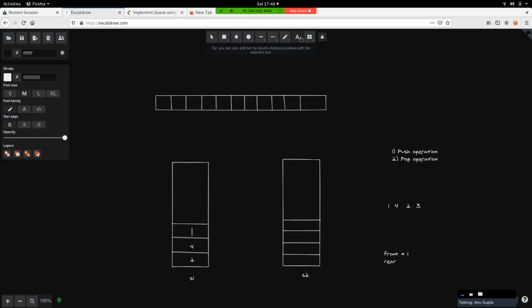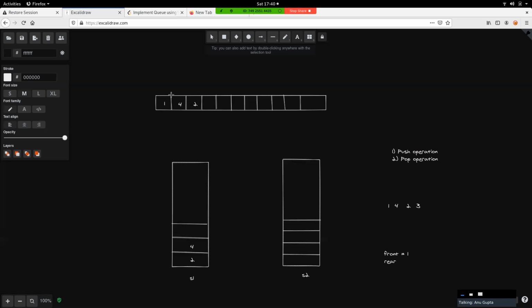So if you consider the elements 1, 4, 2 being inserted in an actual queue, what would it be? 1 would be inserted here at the front, and 4 would be inserted at the back of it, and then 2 would be inserted again. Now whenever we are popping out, that means when we are deleting the element from the queue, 1 would be deleted, right?